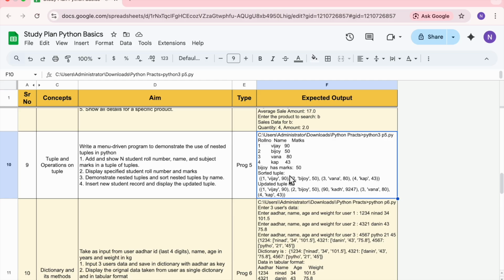Vijay has mark 50. Okay, so I guess I took the name by this statically. Okay, so Bijoy was a default person to be searched, and the marks for that person is displayed. Then sorting the tuple, which is done by roll number. Okay, so 1 2 3 4. All right, and then